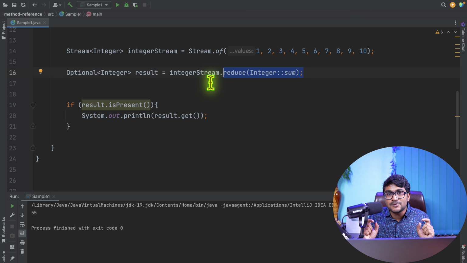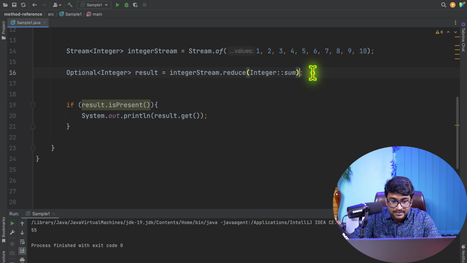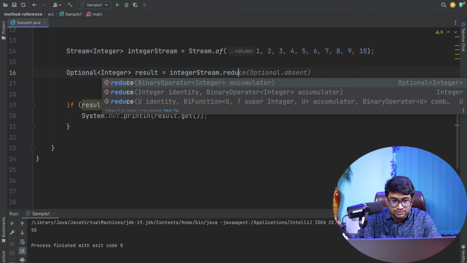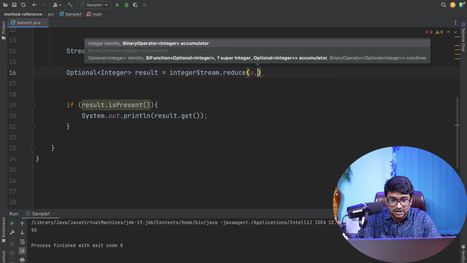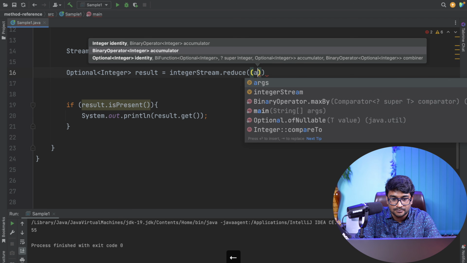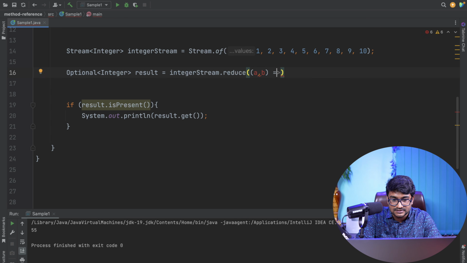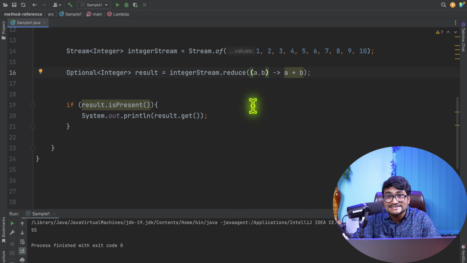Okay, I just want to give you one more example of the reduce method, the way it works, before we proceed to the next section. So here we have seen the reduce method, which takes a couple of inputs, and then we can just sum them up like this. And this actually works. Okay, we also have the reduce method which takes an initial value. For an example, instead of waiting for the first two values to come over here and replace this a and b, then sum them up,